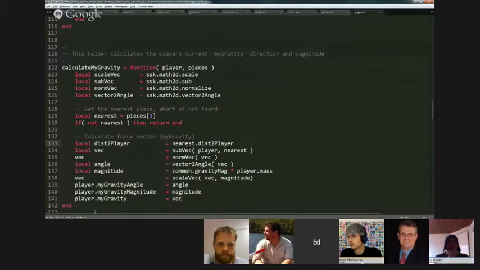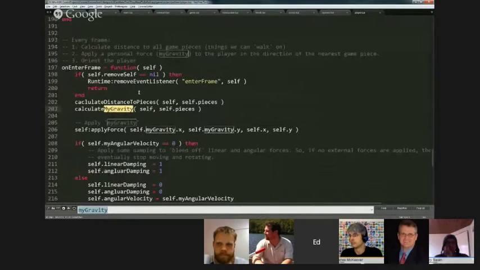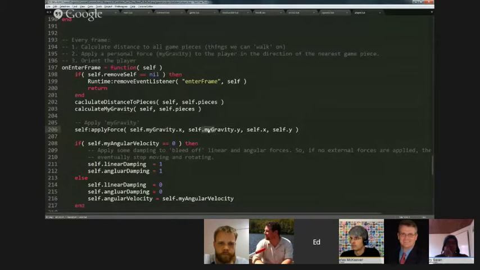Then later in the code, remember how I said every frame we do this? So we calculated the distances, we calculated the gravity, and then the very next step is I simply say apply force to self, which is the player, and apply it in myGravity X direction, myGravity Y direction. Sorry, it's highlighting. And apply it at the center of the body. So in other words,